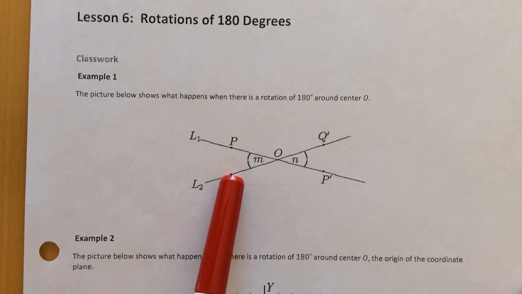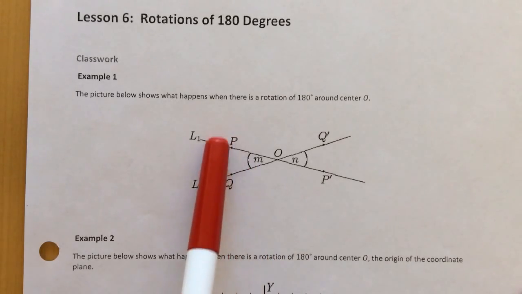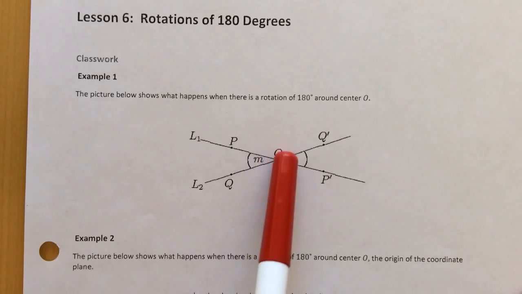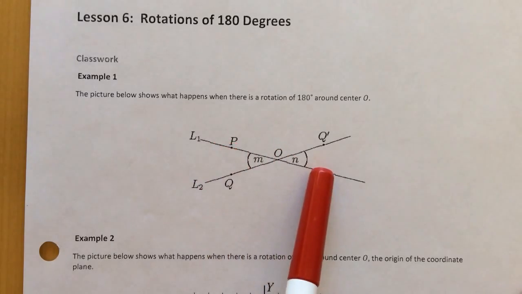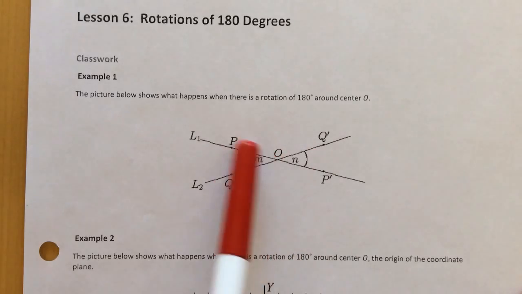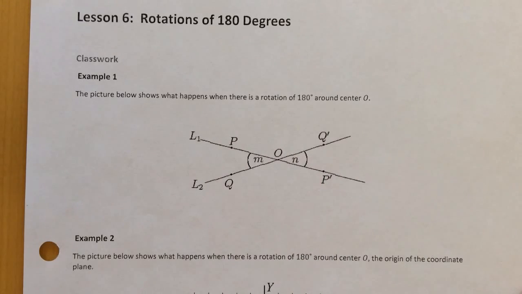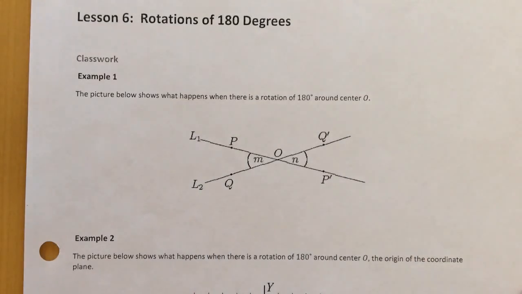So we learned in lesson 5 that if I have a point, such as P, and I rotate it 180 degrees around a center, its image lies on the same line as both O and P. So P, O, and P prime will be collinear when I rotate 180 degrees. So we've seen that. And so if you look at this diagram here, what I have are two intersecting lines,